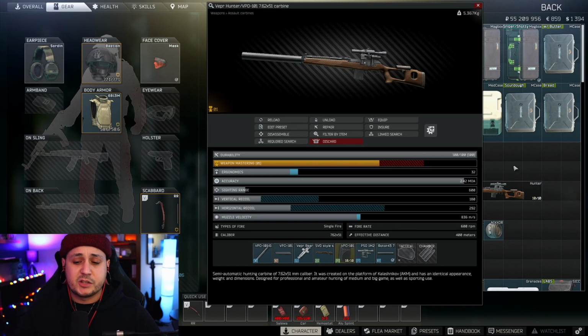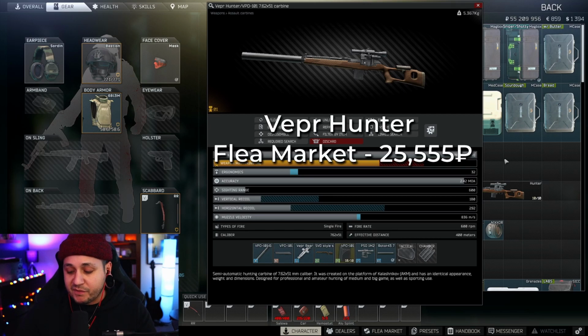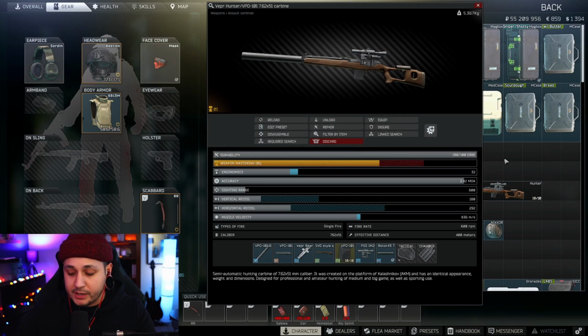So let's get into this build. The very first thing we're going to be doing is buying this build from the flea market because it's the cheapest there. I got this for 25,555 rubles. Very, very cheap. It's amazing. And the only thing we're going to be doing right away is